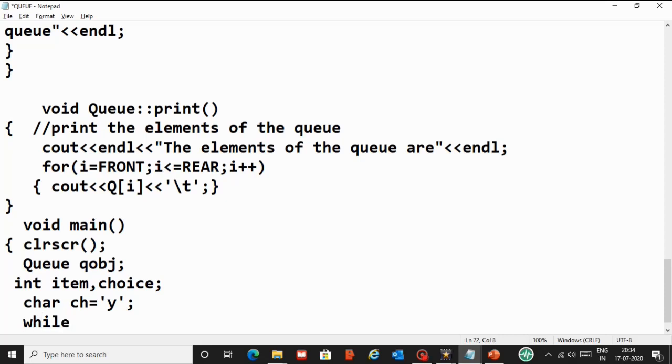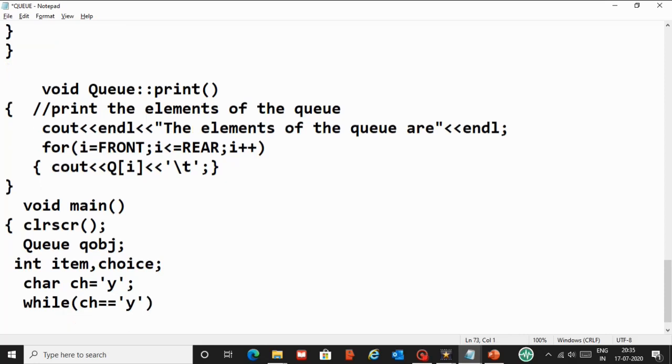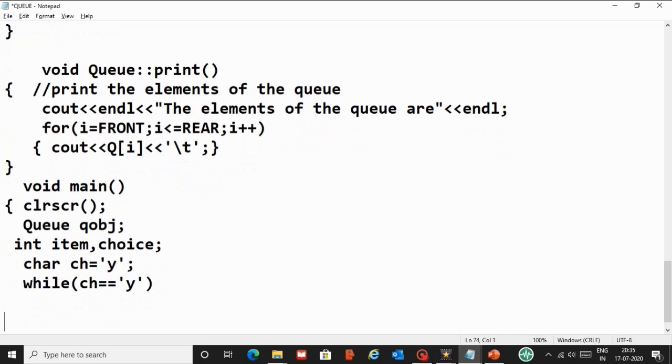So I'll say while. This is an entry control loop, because while entering the loop itself, the condition is checked, and if the condition is false during the entry, it will not execute. While ch is double equal to y. Until this is true, the while loop will execute. Okay, so let me say cout